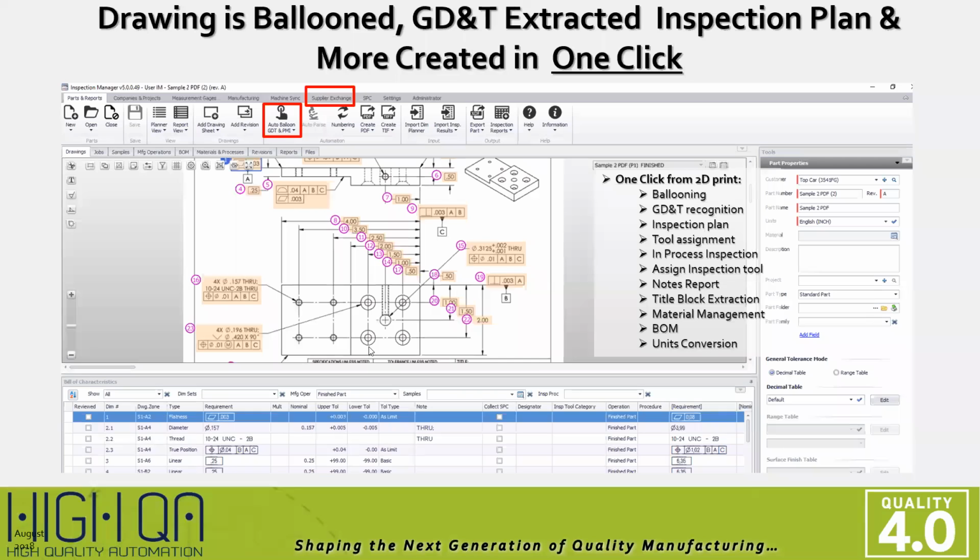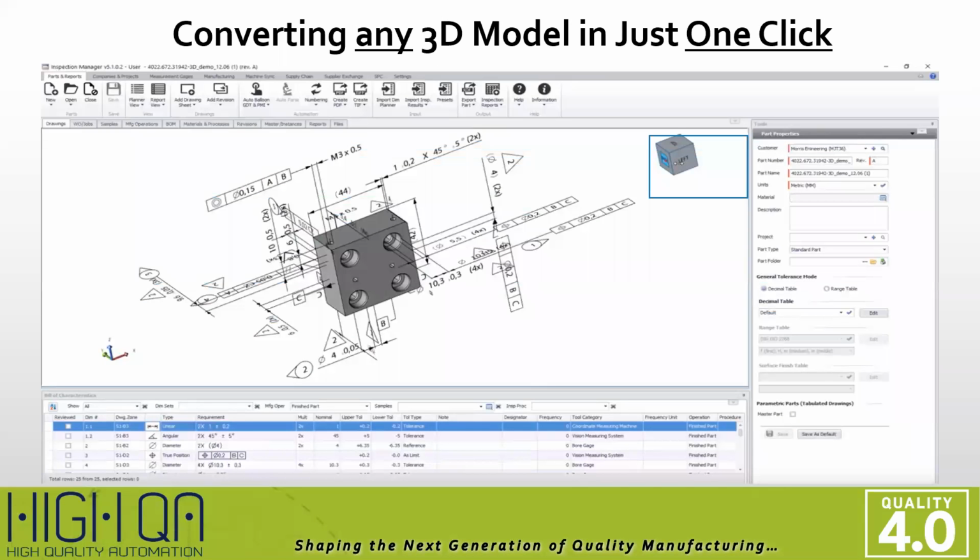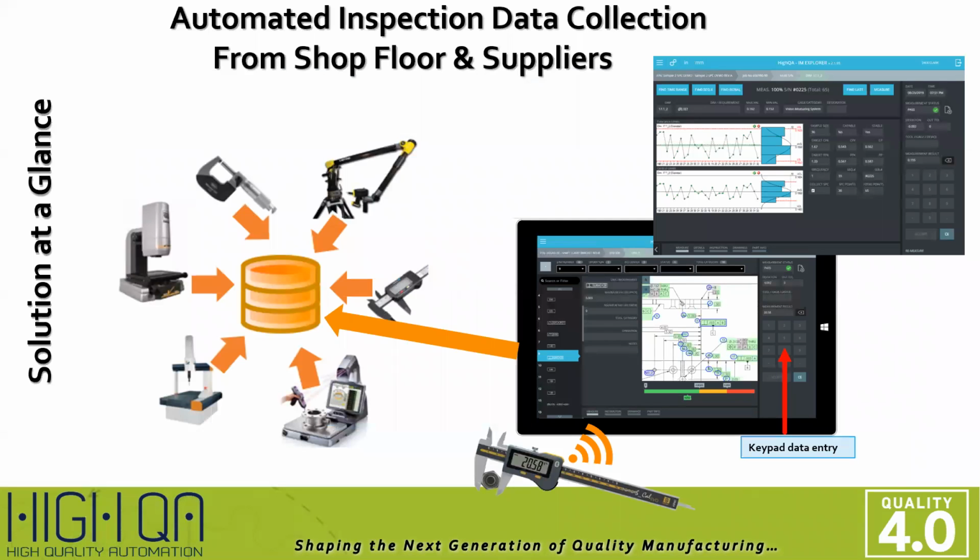And it starts with 2D, with automated ballooning and GD&T extraction, which eliminates interpretation. It can start from a 3D model that enables you to do it. And then, of course, comes the shop floor data collection that you can see here in this slide, that we